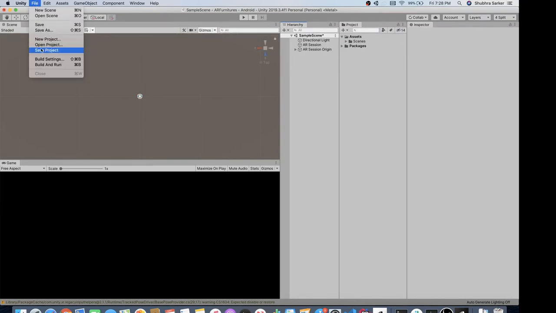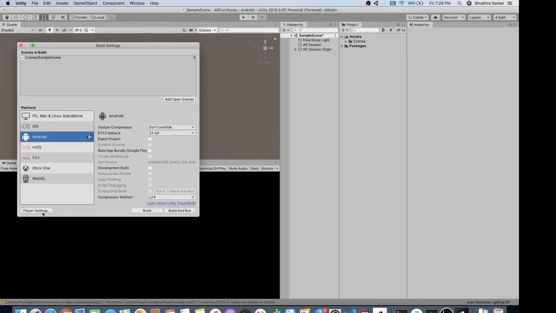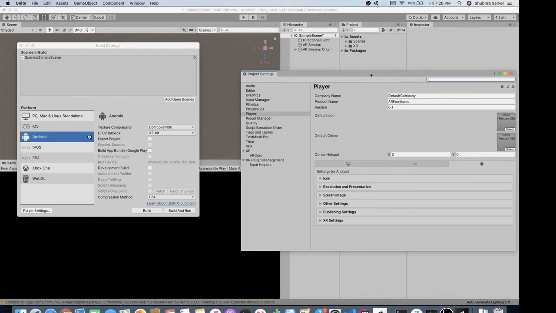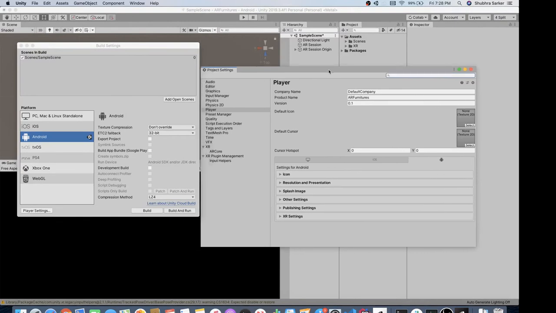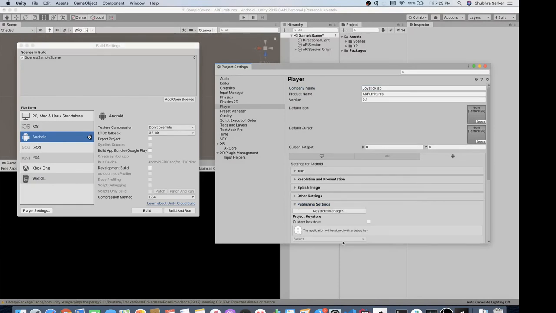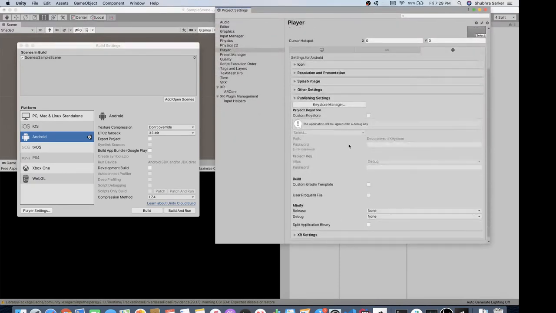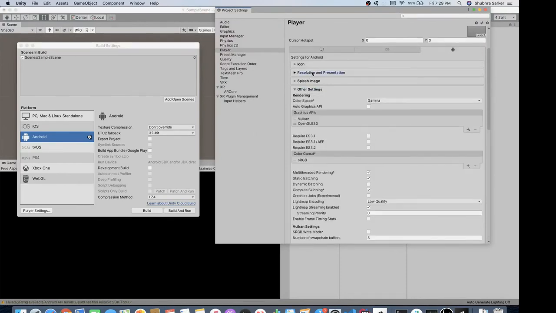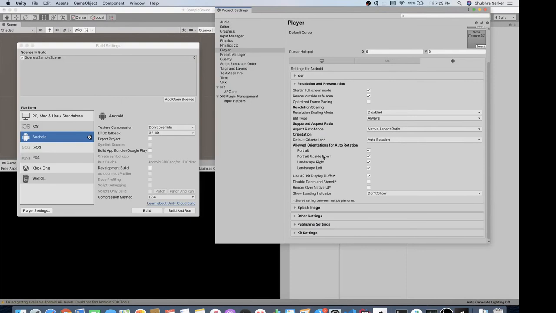Then if I go to build settings and player settings, there are a few things that we need to take care of before we hit the build button. First of all, we need to give a name to the build, right? So we need to give a company name. I'm going to do it Joystick Lab. And then in the publishing settings, because we are not publishing it now, we can leave it empty, that's fine. In the resolution and presentation, I am going to put it as portrait,